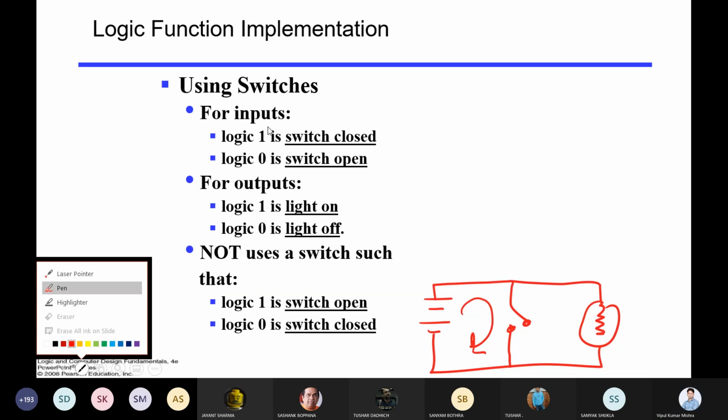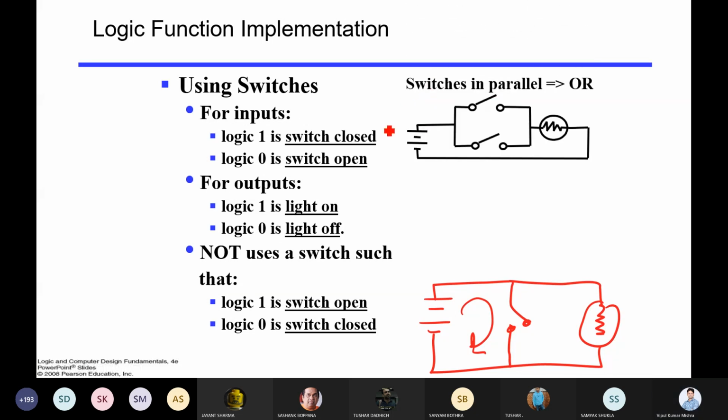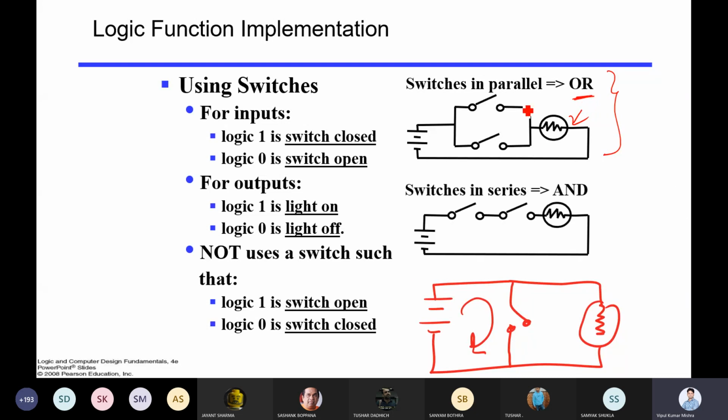Okay, so now if I want to represent this in the form of an electronic circuit, when will this bulb glow? When any one of these is connected, then this bulb will glow, and that is represented by the OR gate. Similarly, in case of AND gate, once both are 1, only then will this bulb glow, right? So the bulb will glow when both are 1.